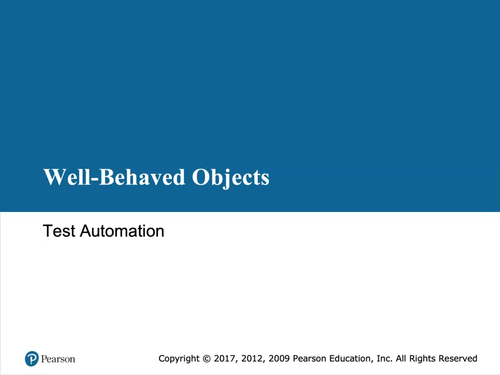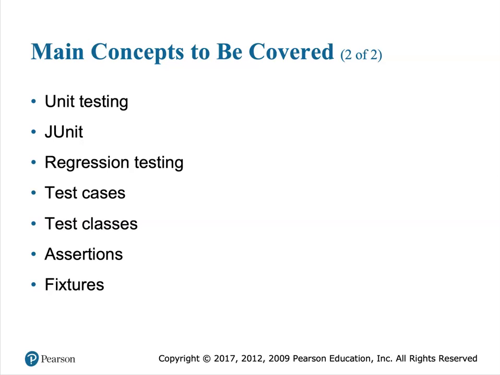Chapter 9, Part 3. Okay, so let's start looking at how to engage in some test automation. So what we'll be covering in this next set of exercises: unit testing, first with BlueJ and then with JUnit. We'll talk about regression testing and why regression testing is important, the development of test cases and test classes, and